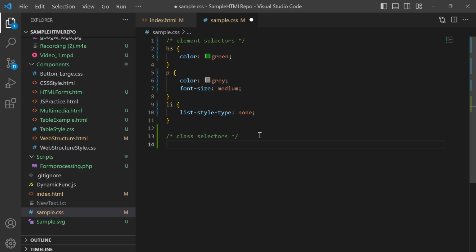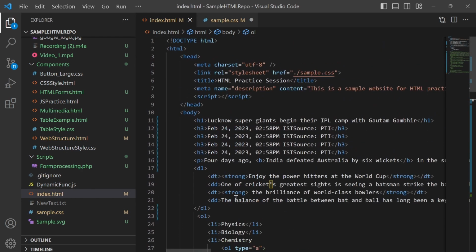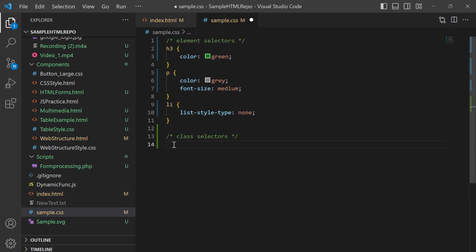We already know we have the class attribute in HTML, where I can provide a class name and use that class name in the CSS. How can I use it? I need to provide a full stop and then any name for that class, like heading class. This is the class selector, and then inside the curly braces I need to define